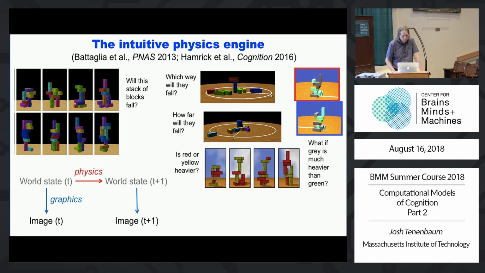the model. Or I can show you a scene like this, where the blocks seem like they should be falling over, but they're not. And then I can say, well, do you think that maybe the red stuff or the yellow stuff is a lot heavier than the other material? So you can make an inverse inference about the density, if you like, or the relative mass of the different kinds of objects. People can do that too, and our model can do that. I'll show you one other judgment, which is in some sense a kind of weird one. It makes for a fun interactive demo. We'll do that in a second.